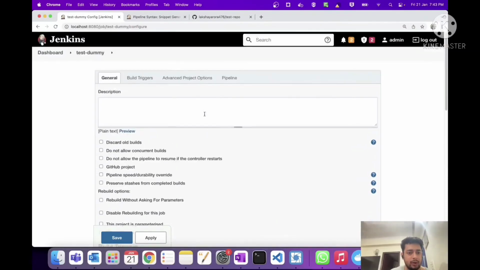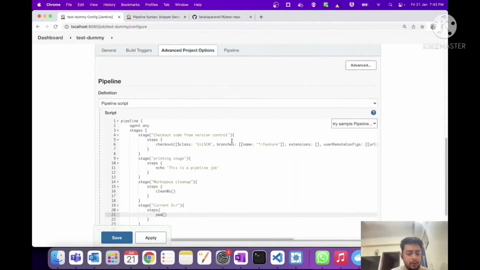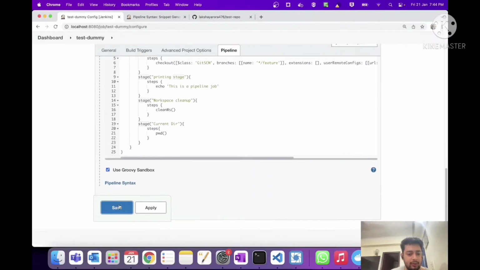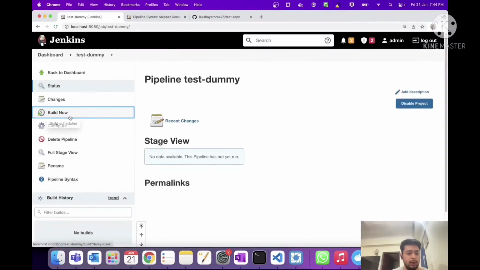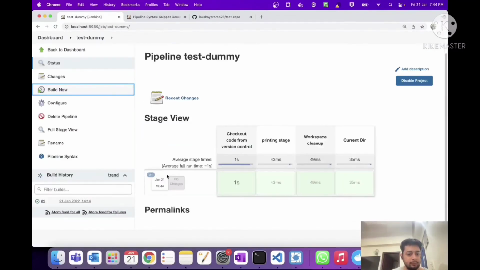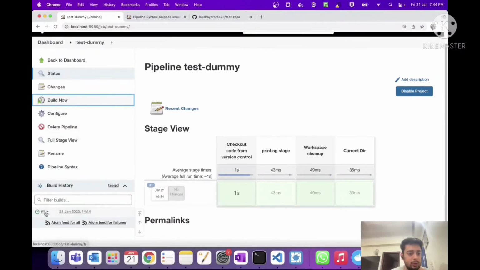I'm not focusing on other stuff in this video, I'm mainly focusing on the pipeline script. So pipeline agent is fine, stages, and then comes your stage and steps. Steps are fine, and we can save this and click on build now. It will start building the job. See, so pipeline is successful. If I go to console output,